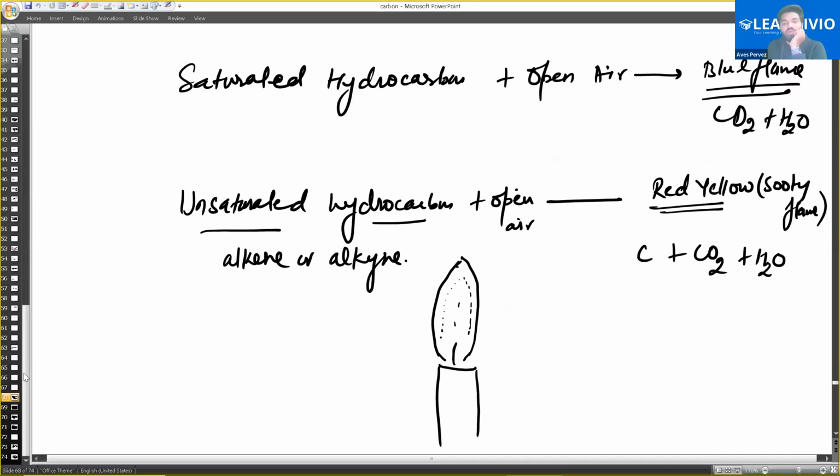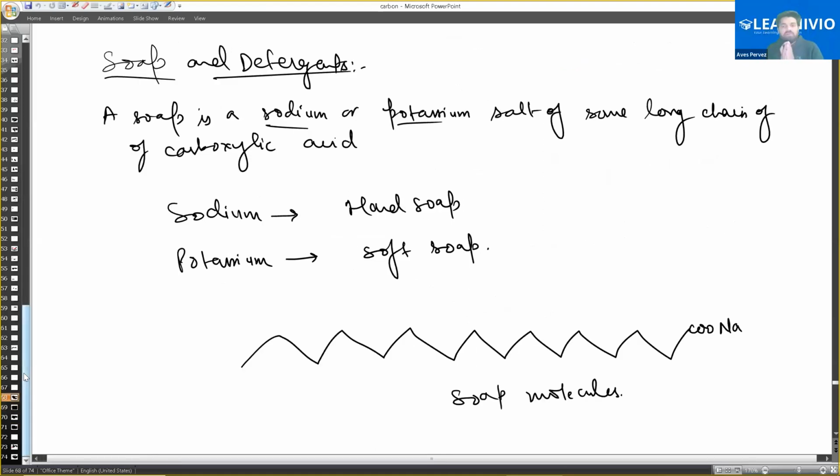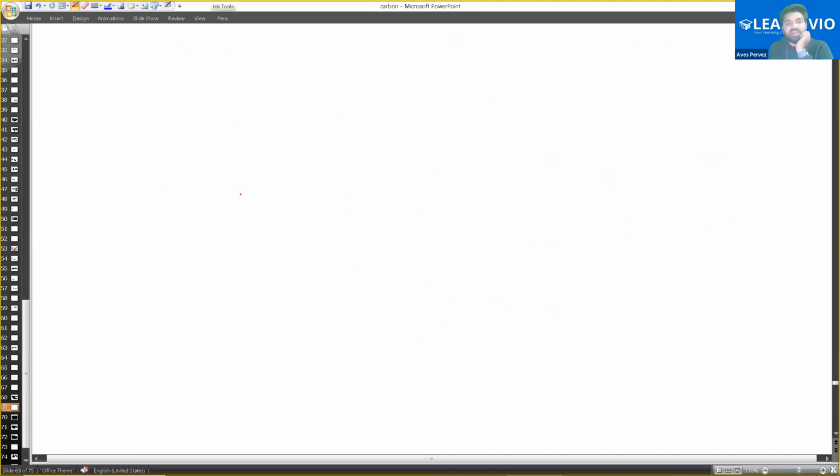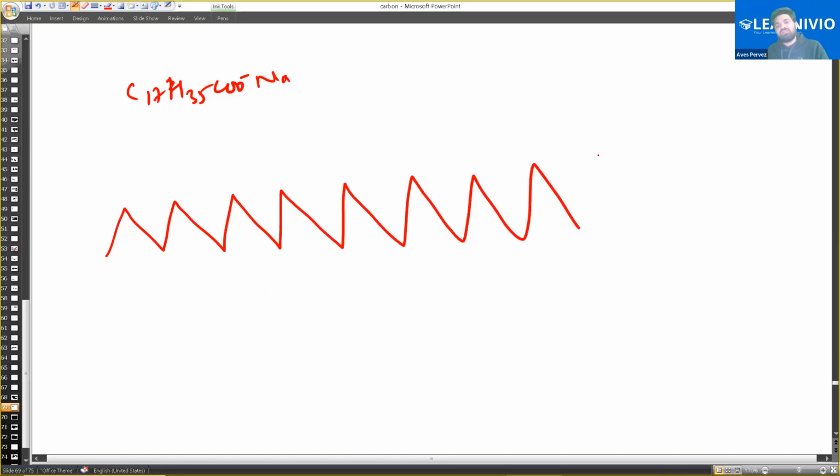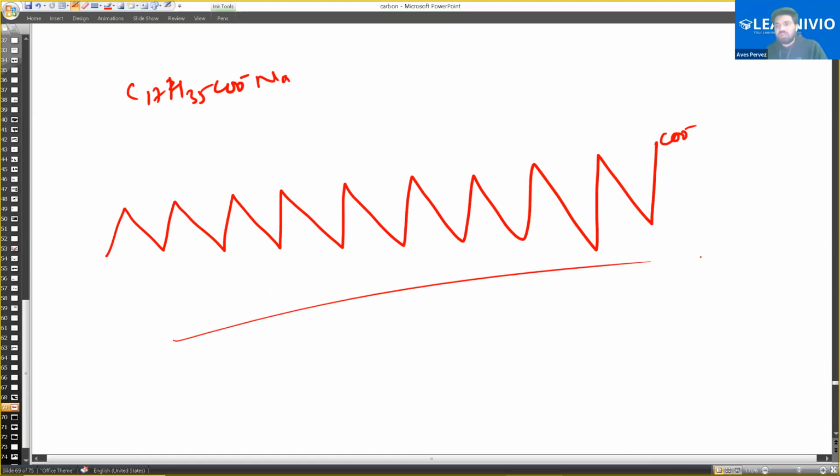So the soap and detergent. Soap has this type of feature, that we can simply say this is the characteristic of soap when we are making the structures of soap. Soap is a type of molecule in which one end is hydrophobic and one end is hydrophilic. This is a carbon chain. If I'm making 17 carbons, C17H35 COO minus Na, this is 1, 2, 3, 4, 5, 6, 7, 8, 9, 10, 11, 12, 13, 14, 15, 16, 17. This one is COO, this one is C17H35. This is the hydrocarbon chain that represents the long carbon chain.